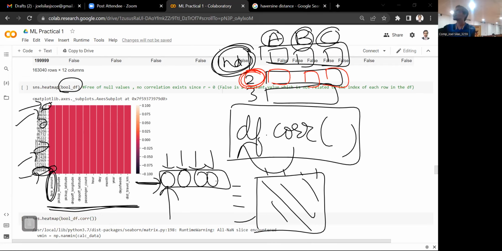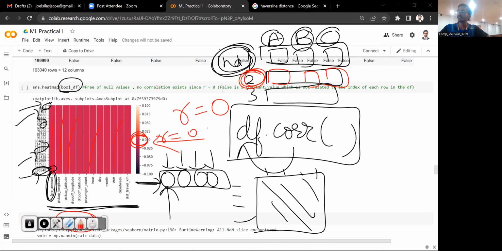So definitely there is no point in finding correlation. And if there is no correlation, the correlation coefficient is 0, which indicates this particular color. And hence the whole heat map is of the same color, indicating 0 correlation. Now, if we find out the correlation structure and find out the heat map on that,